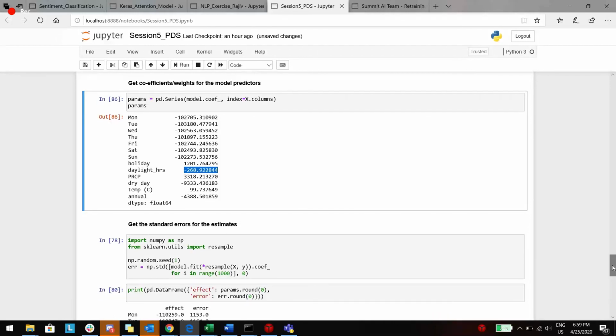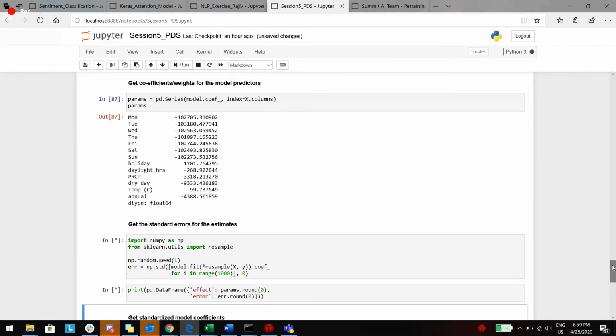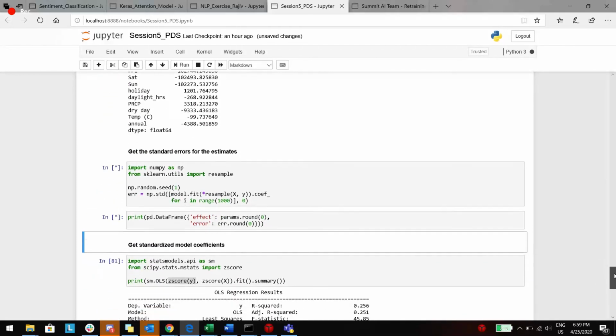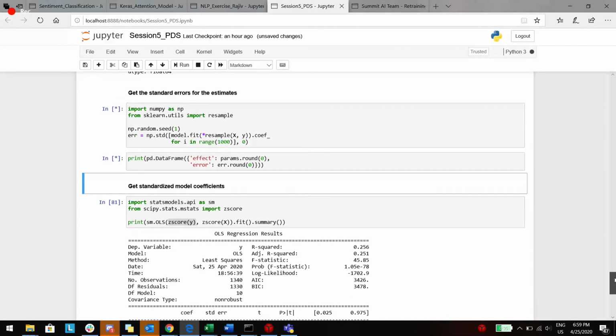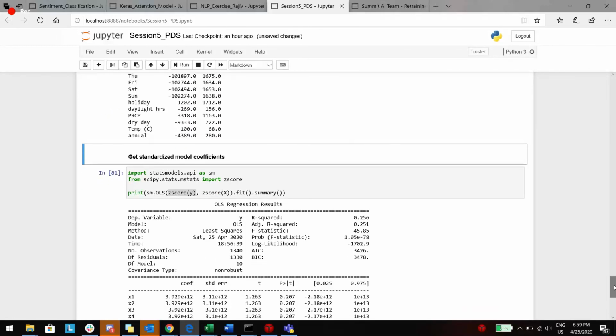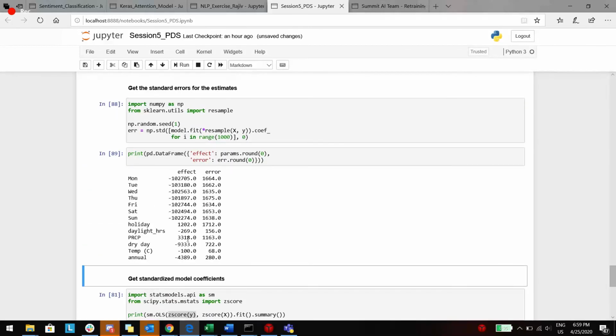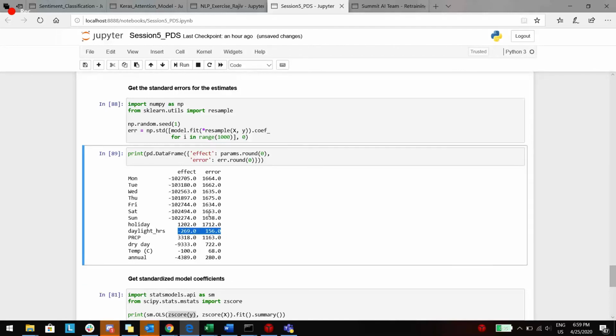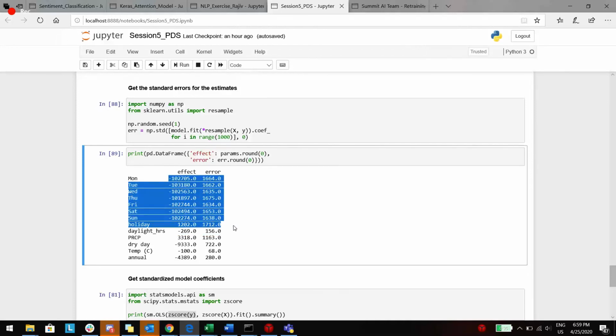And similarly the standard errors would also have changed. Also one thing we need to notice: when we are adding these predictors, the effects of other predictors would also change, maybe a little, because all these days of the week and all, so they won't change.